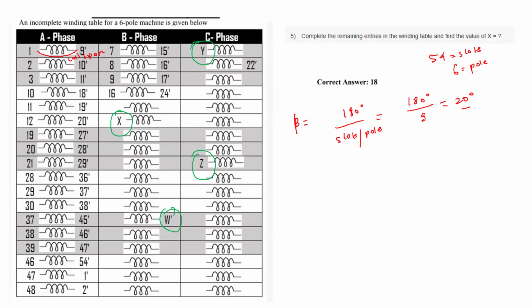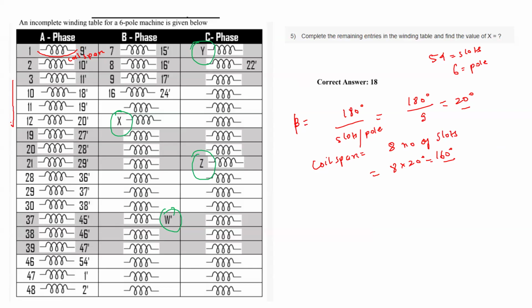Okay. So in this case, the coil span, which in the first question we have obtained also in degrees, is 8 number of slots, which in degree is 8 into 20, 160 degrees. Okay, we have seen this. So this gap is coil span. Okay, this gap to this gap.